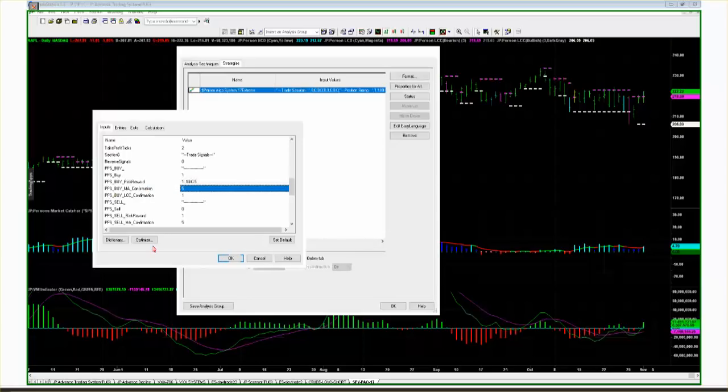A buy moving average confirmation. Do I want a 3-period, or maybe a 20-period, which would be a 20-day moving average? If we get a buy signal above a 20-day moving average, maybe that's a little much, but let's just input 25 for the heck of it and hit OK.